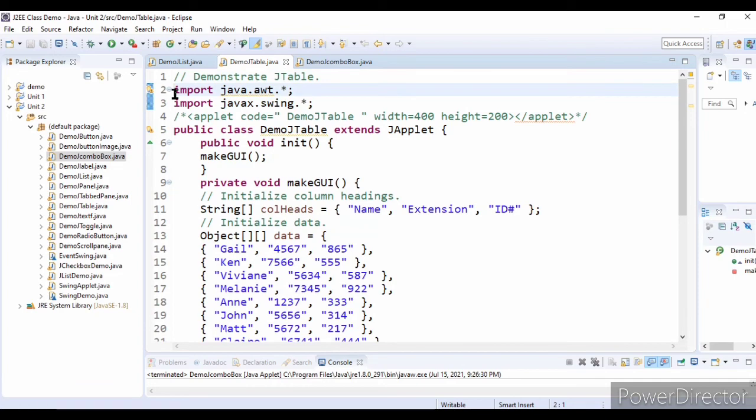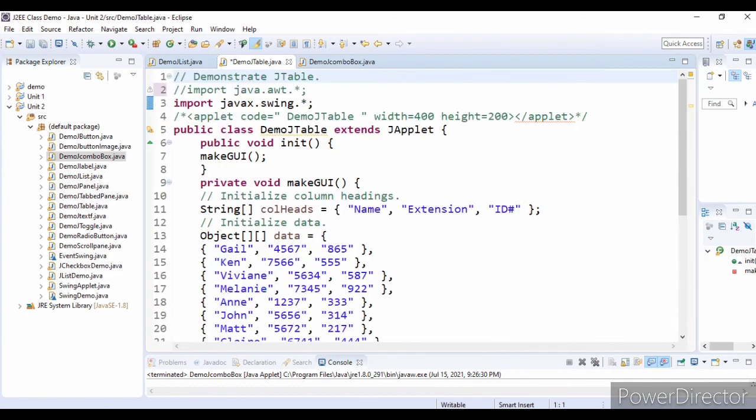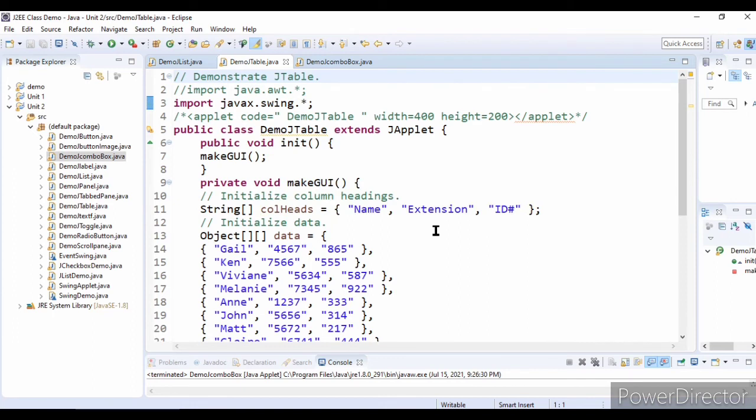I think it is not necessary, because we are not using any flow layout managers here. Next we are importing the javax.swing.* package. Why? Because we are using a JApplet. Next, JTable we are using here.